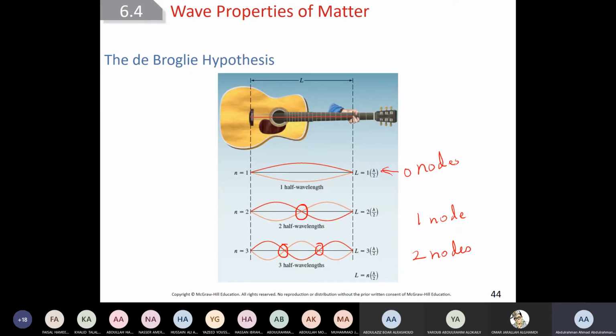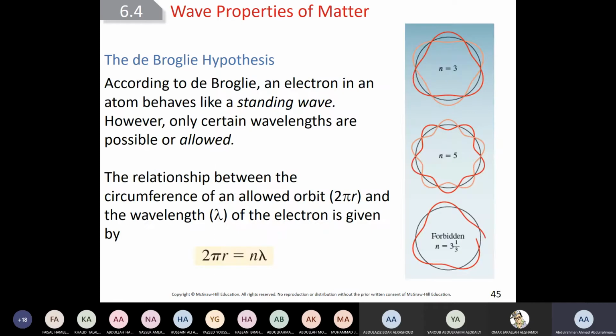Anyway, I'm not going to explain things much for you. Actually, he looks at the wave like a guitar string. You don't have to know this. The most important thing that I want you to know in de Broglie is that if we have a circle like this, the waves in the circle must be continuous. This means it has to be full waves, not